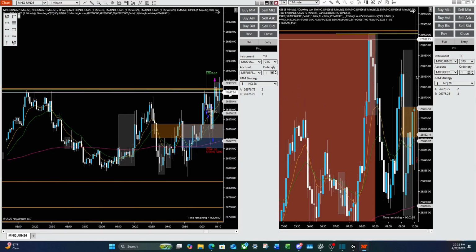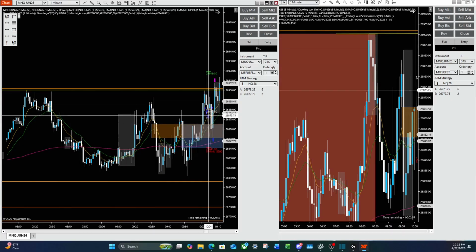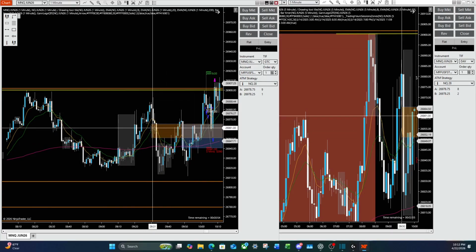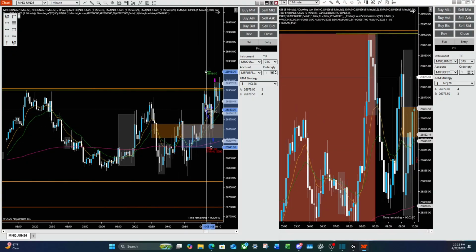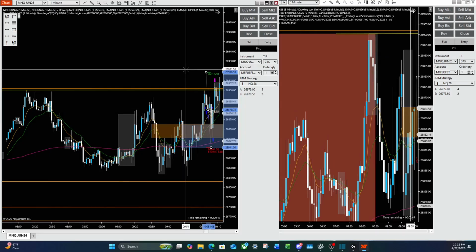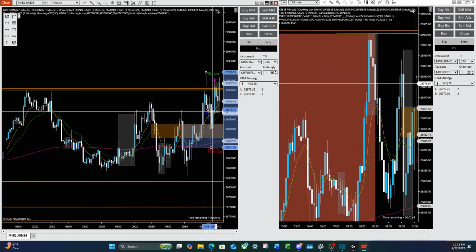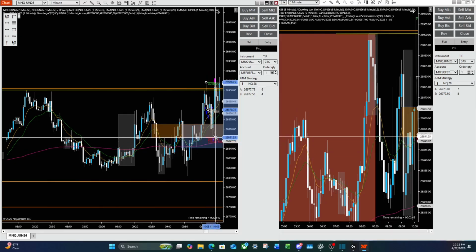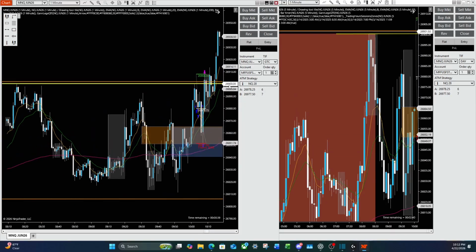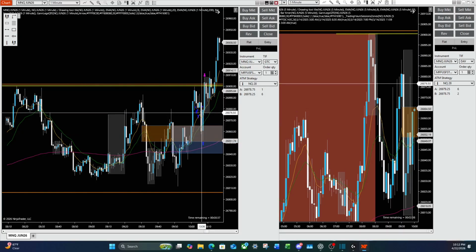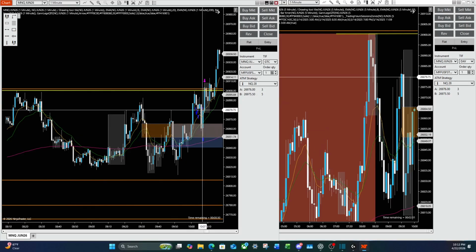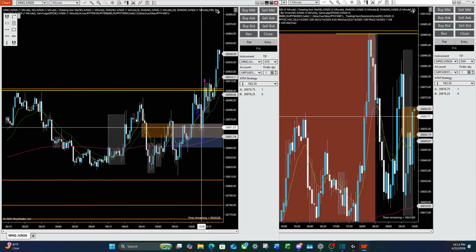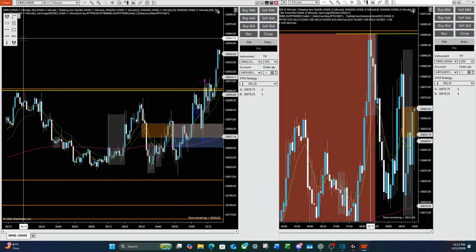Not the best risk to reward, but then once we ended up selling down into this inverse 5 minute gap, this inverse 1 minute gap, we got a reaction out of it. I entered a little bit more size, was able to get a little bit better risk to reward. And then with the reaction that we got of this candle here, I did not want to see NQ come back down and give up this green candle here, this upward candle after the reaction that we got out of it.